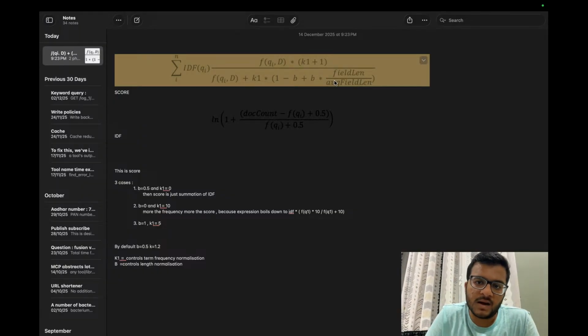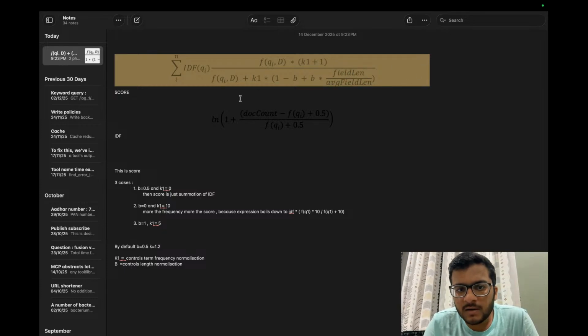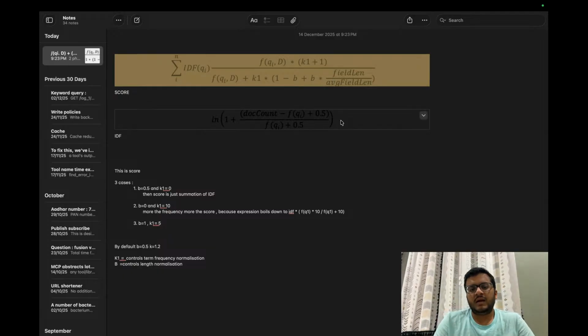And the entire point of this is you have to give a penalty for higher occurring terms, and you have to give a penalty if your field length is more, right? If your field length is more, your denominator will become more, and for the particular query term the contribution of score decreases. Otherwise, as I have told you, if field length is more, there is a more chance that a particular query term will appear more.